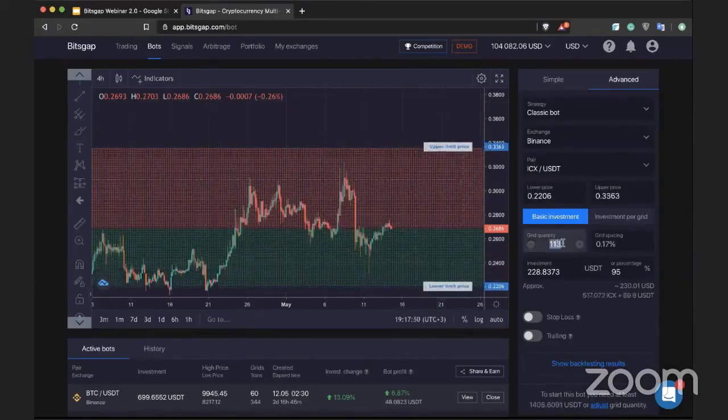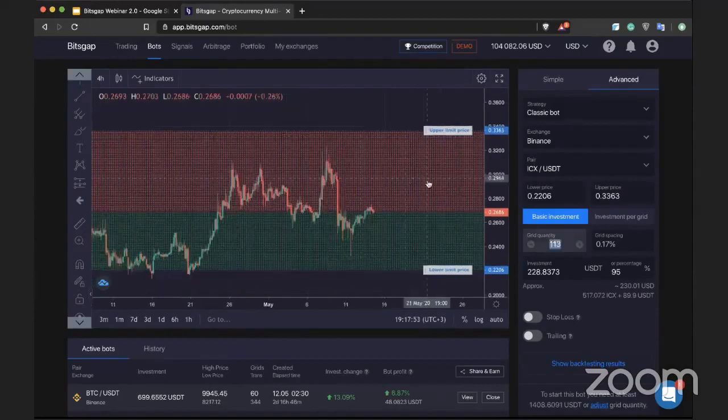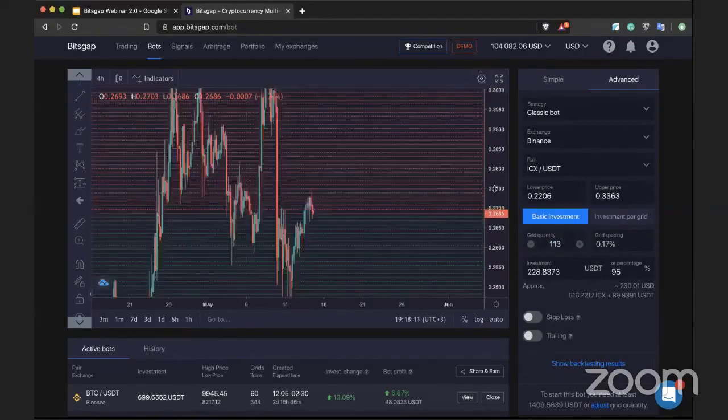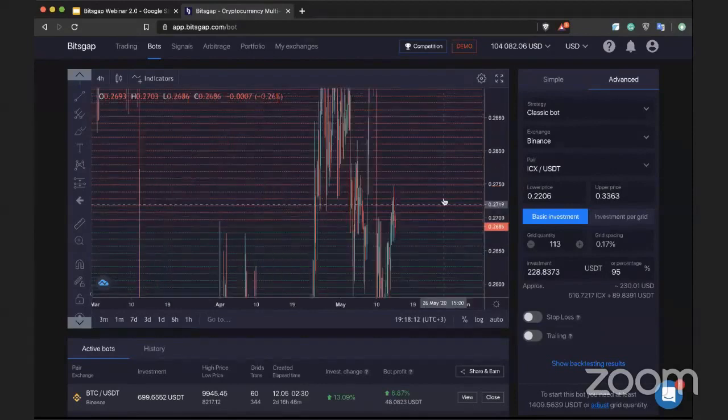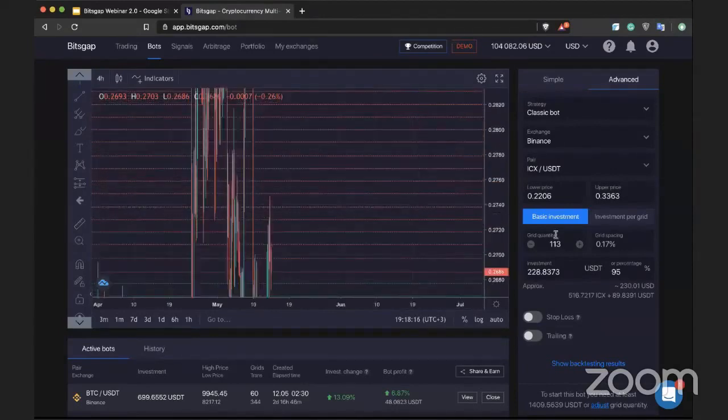Here I can adjust the grid quantity. And as you remember, grid represents the amount of limit orders. All right. So here I have 113 grid in total. So that's 113 limit orders. And the grid spacing between them is going to be 0.17. So if you zoom out the chart, you see that there is a space. So that's approximately around